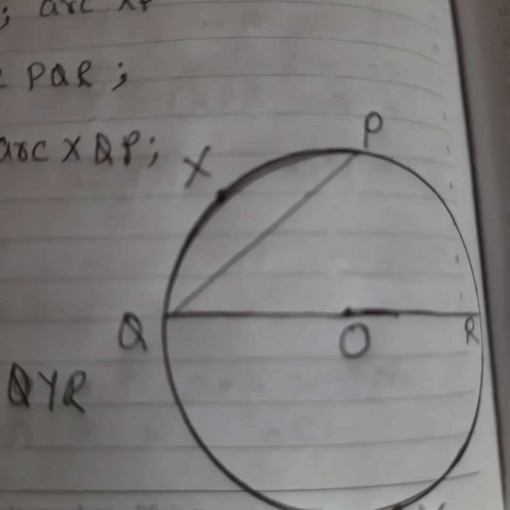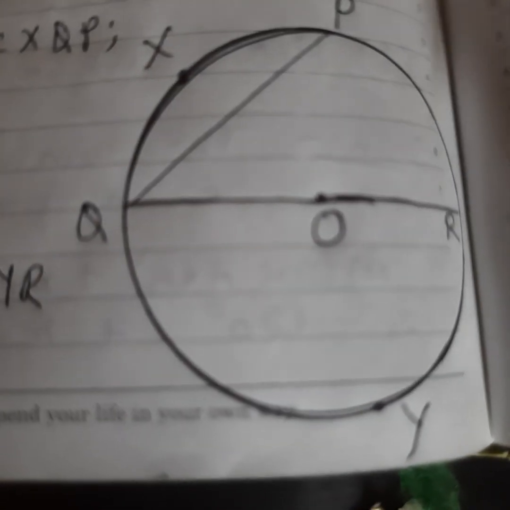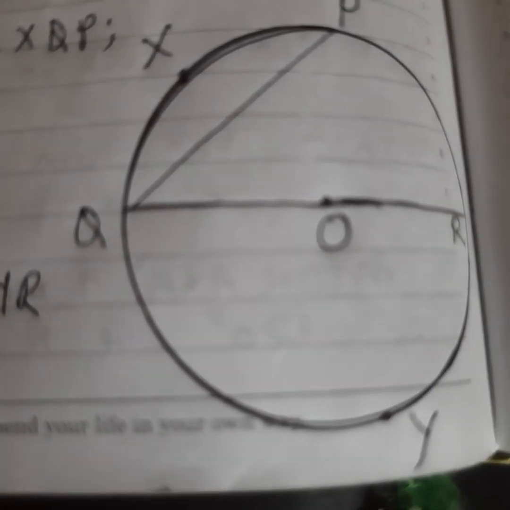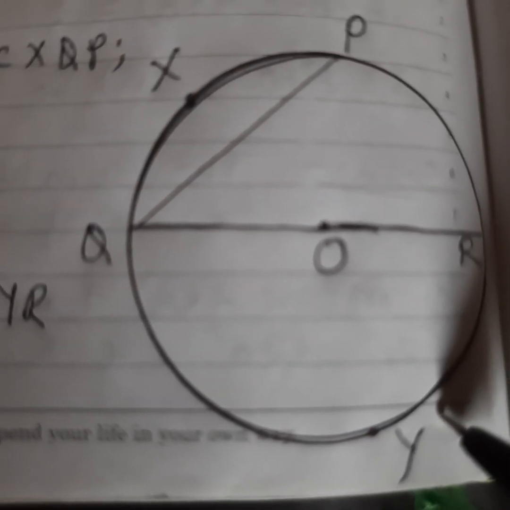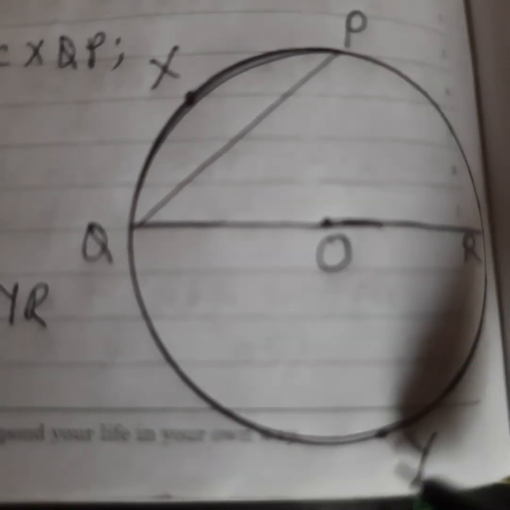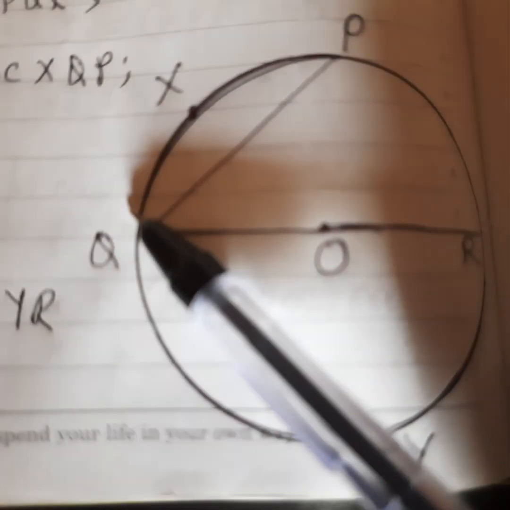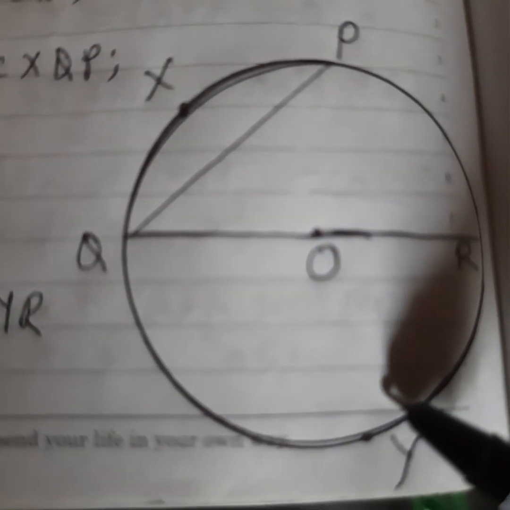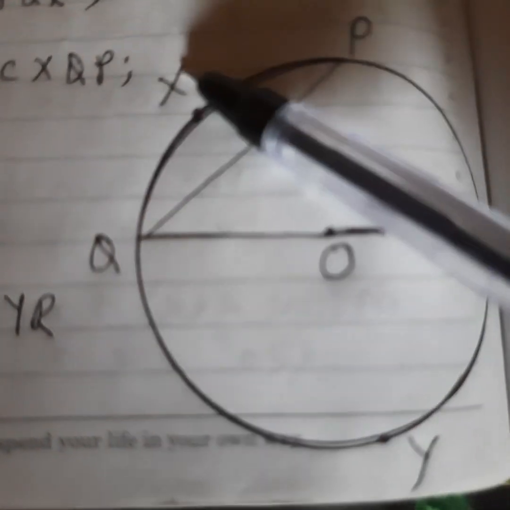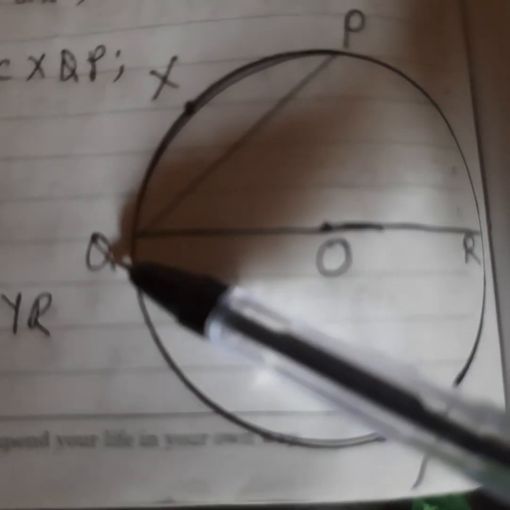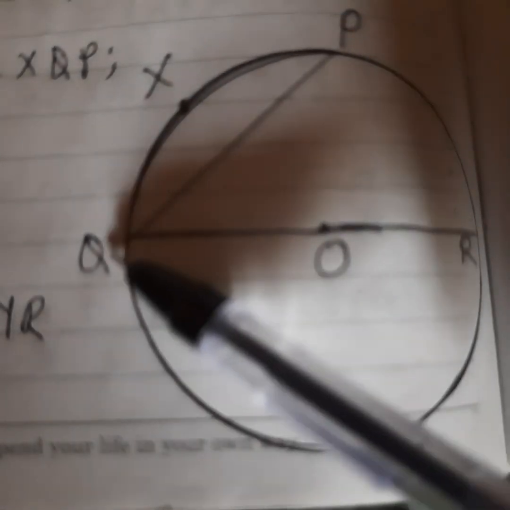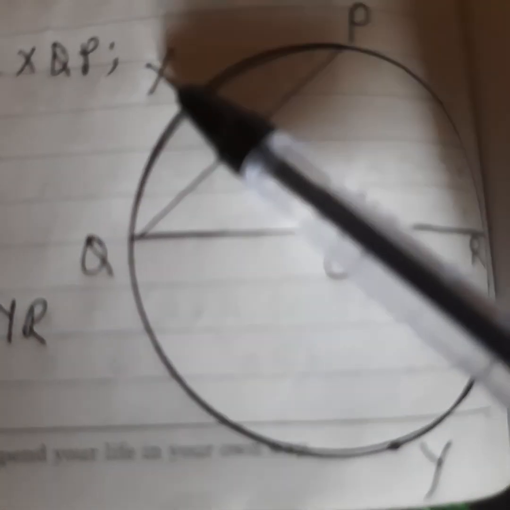Other arc is RY. So you can see this RY, this much part. Okay. Arc RY. What is the other arc, children? Yes. Either YQ or QY. That you know. Either ways we can name them. So arc YQ or QY. And what is the other arc? Yes. QX. So we are just naming two letter because these are minor arc. I can't take 3 letter. It will become major arc. So arc QX and arc XP.